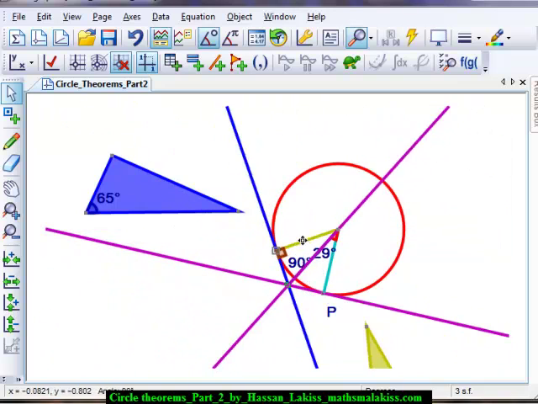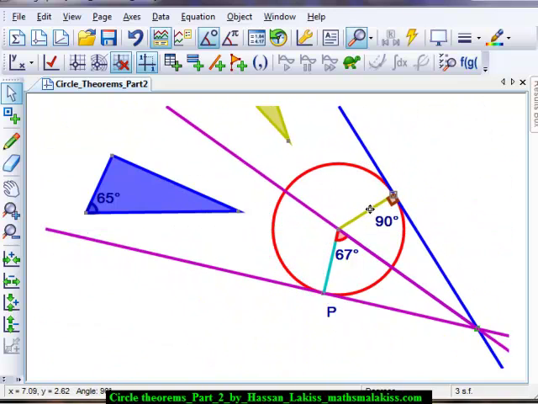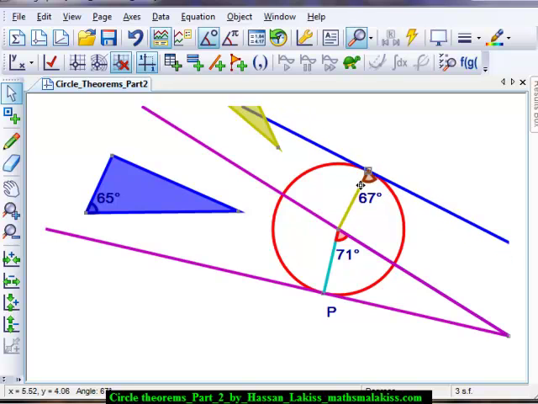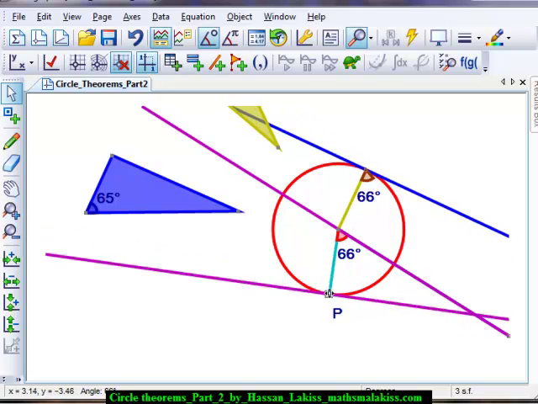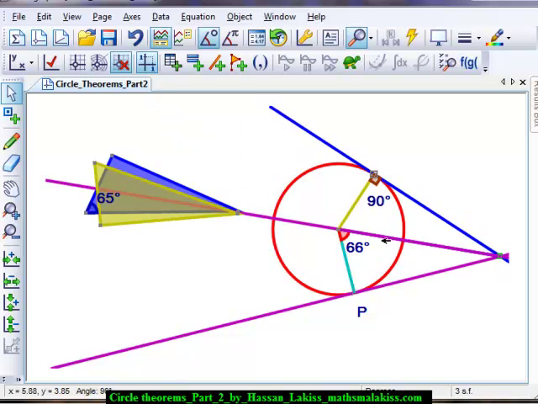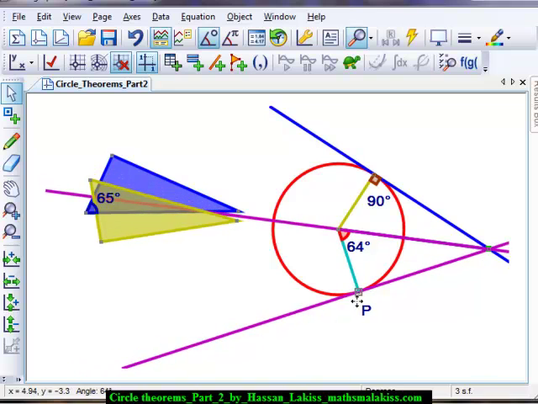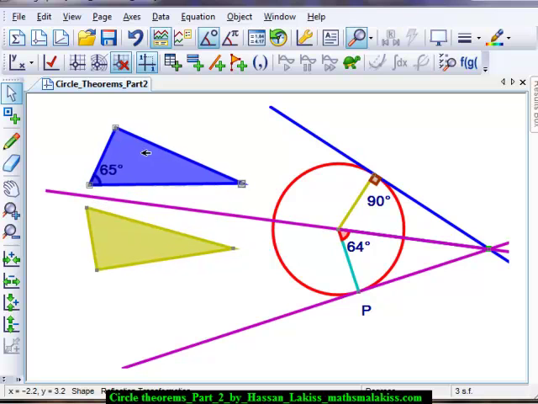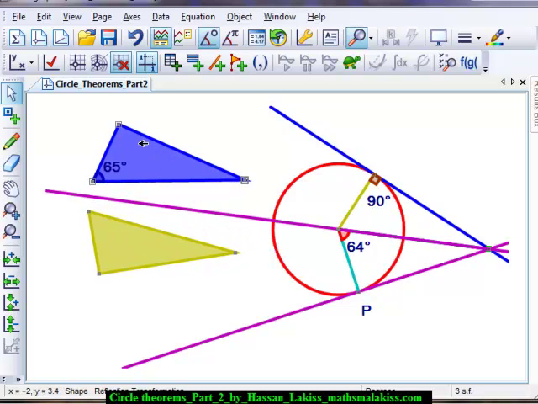Sorry. There we go, nearly there. Move that around. And there we have it. 65. Now, if you want to hide, obviously the reflection is no longer,